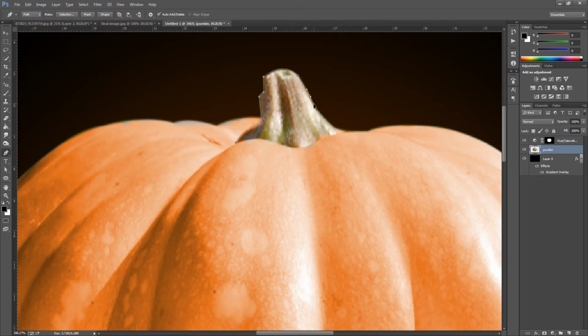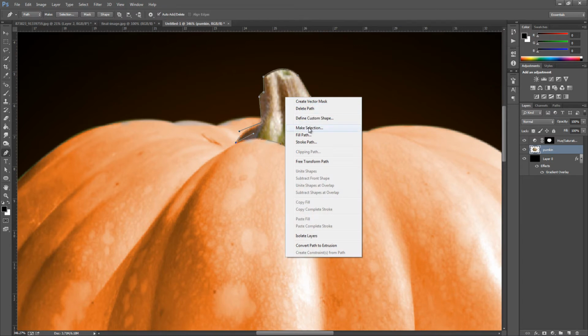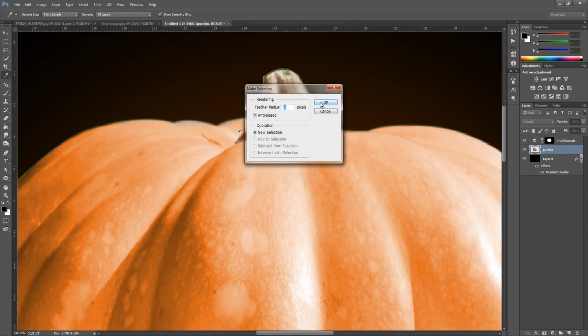and obviously curve it just so it fits in. And curve it to the way the pumpkin's going. Around about there. And one final one. Around about there. So we have that selection now. We're going to go and right click, make selection, feather it by 2 again.